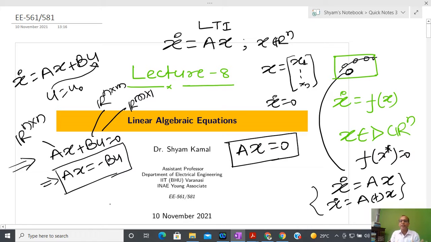In today's lecture, we are going to see that if I have an equation like Ax equal to 0, or Ax equal to minus Bu, where you can define Bu as y, then how to guarantee that there exists a unique solution for x. If there exists a unique solution for x, then I am telling that my equilibrium point is unique. That is what I am going to learn in today's lecture, and obviously my tools are limited to vector space, subspace, after that the basis, and dimension. So these kinds of concepts I am going to involve.